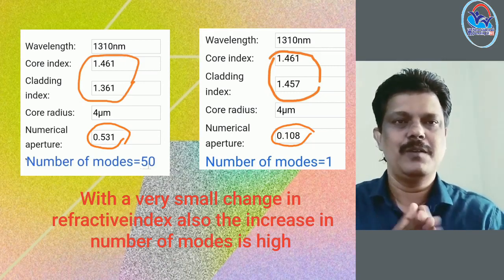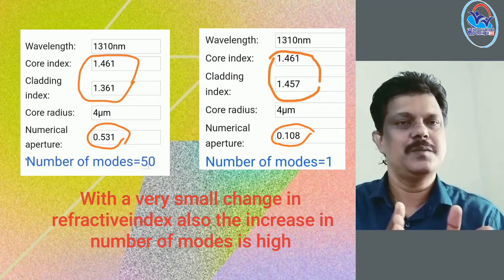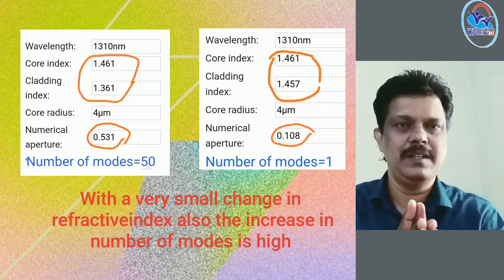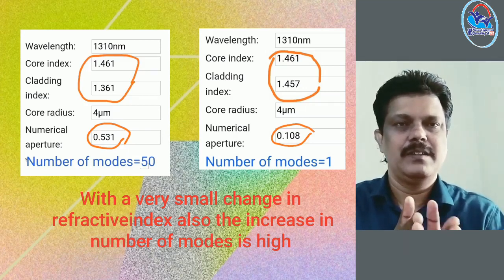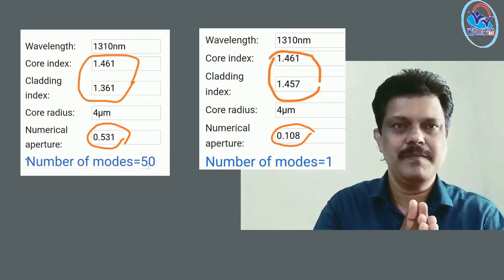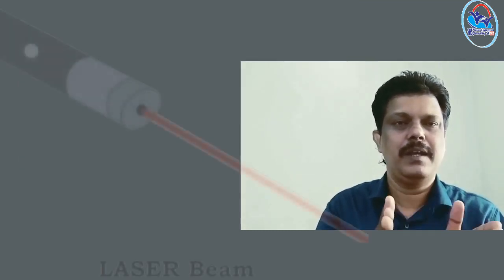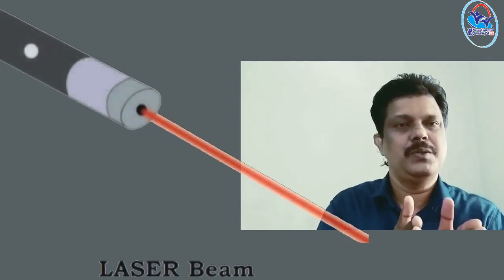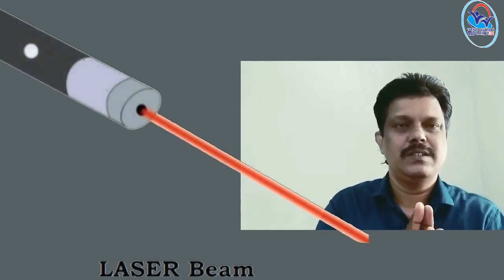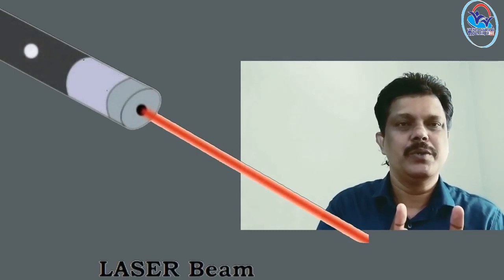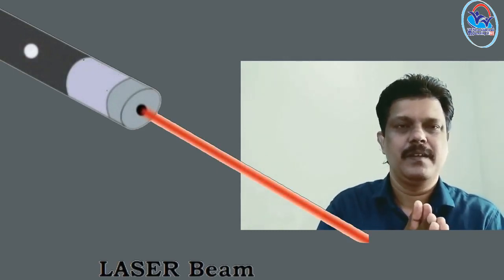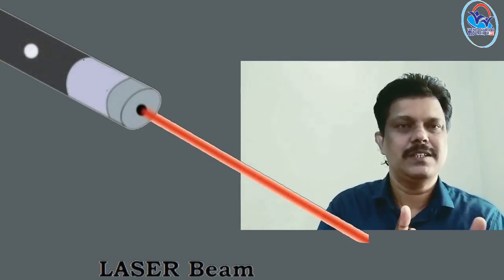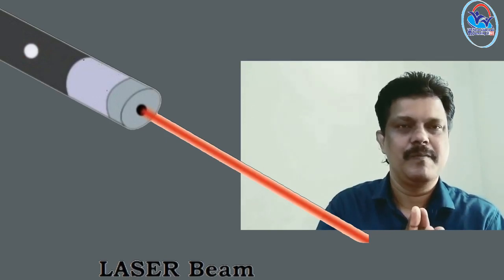In the case of single mode fiber, we can assume that the numerical aperture will be minimum. It will be the least one. So, in order to couple a laser light with a narrow beam, we have to use advanced technologies to produce such a laser light. This makes the cost of the laser light more.